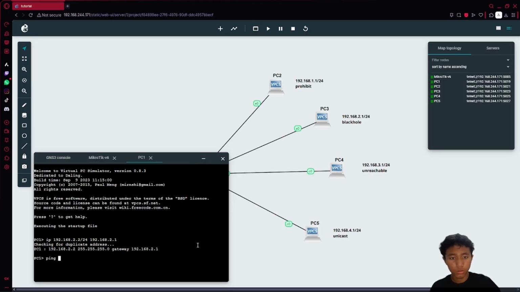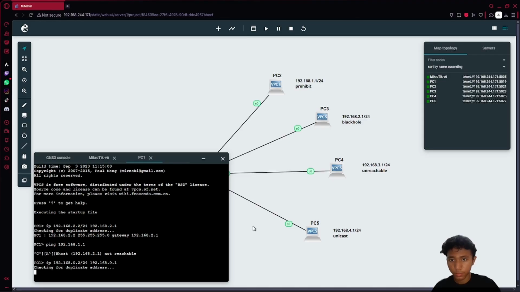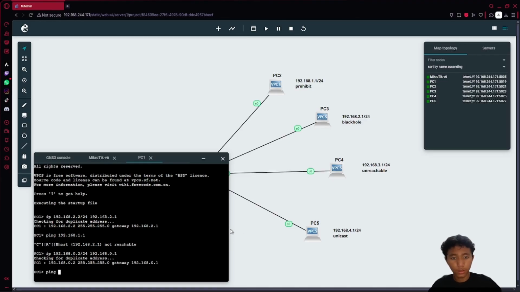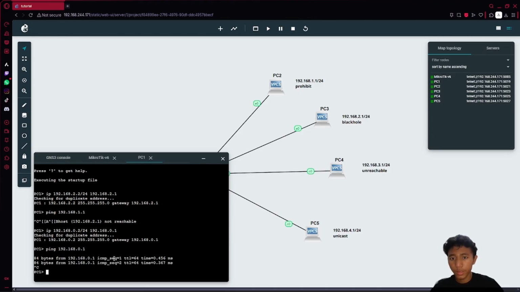To prove it, I can ping 192.168.0.1, and it will be replied.